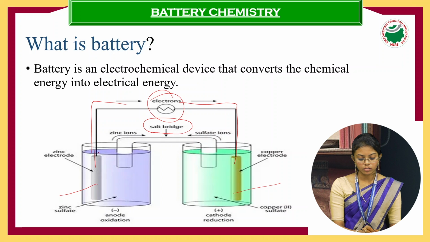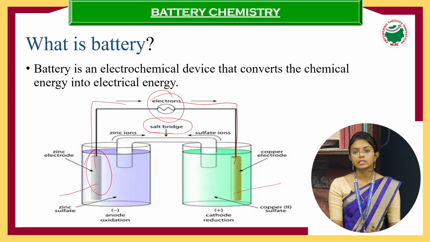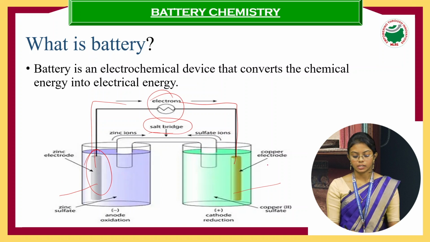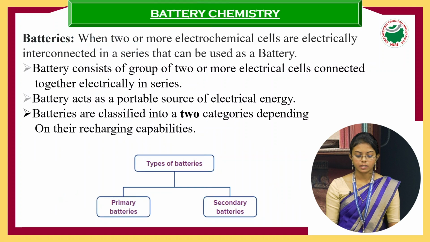Here the anode is stripped. We are taking the anode as zinc metal and the cathode as copper metal. This is a basic introduction to the electrochemical cell or device. Next, what are batteries? Batteries are two or more electrochemical cells electrically interconnected